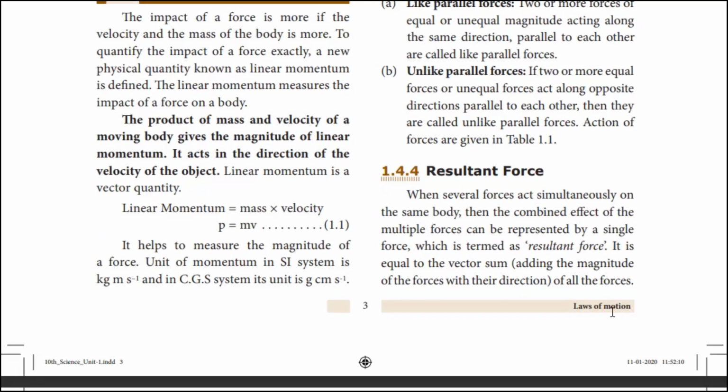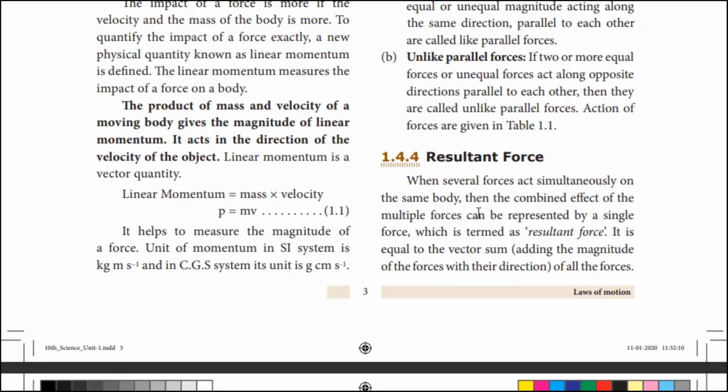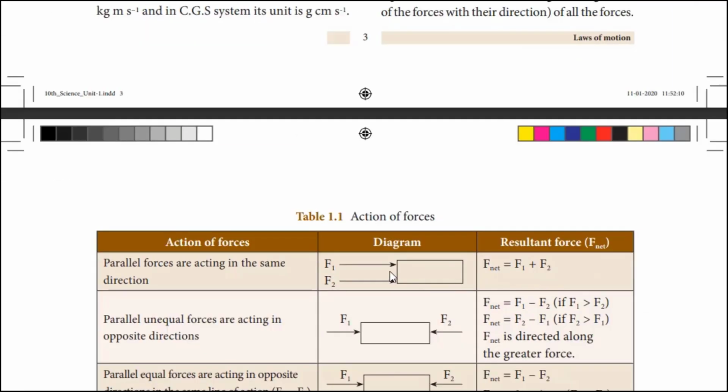Okay. Then what is a resultant force? Then you have to consider the directions and the magnitude. It depends on the direction and magnitude. You have to add all those forces. The sum of the forces will give you the resultant force. Here you have to use positive and negative signs to denote the direction of the force. Parallel forces are acting in the same direction. Note down the two forces F1 and F2. These two forces have the same direction. So you have to add these two forces. Net force F is equal to F1 plus F2.